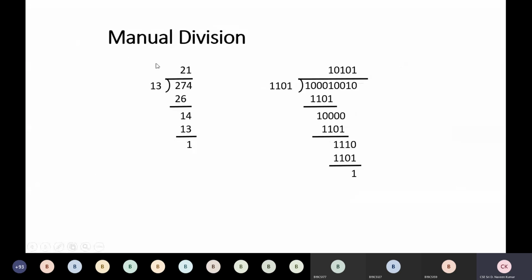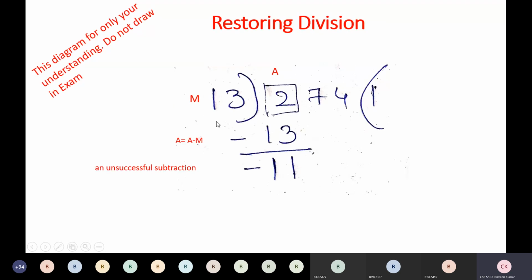So this is what humans do; actually the computer operates in binary format in this way. Only it operates in binary. But for your understanding, I have taken this example first. Later we will go with a binary format example. First we will start with this one, how the computer does the division. You can see the same example has been taken.